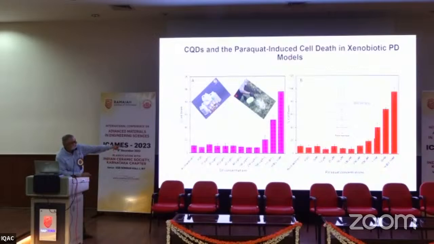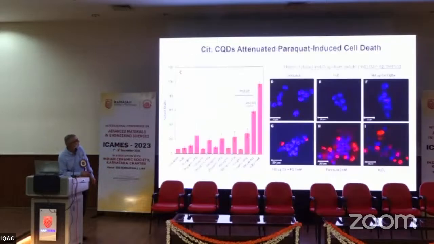So we use paraquat. So this is the paraquat toxicity. You can see that paraquat is very toxic on the right side. And when we have carbon quantum dots present, the toxicity of carbon quantum dots is pretty negligible up to high levels. And eventually, when we poison the cell with paraquat, but we have pre-incubated the cell line with carbon quantum dots, these cells are insulated from paraquat initiated cell death.